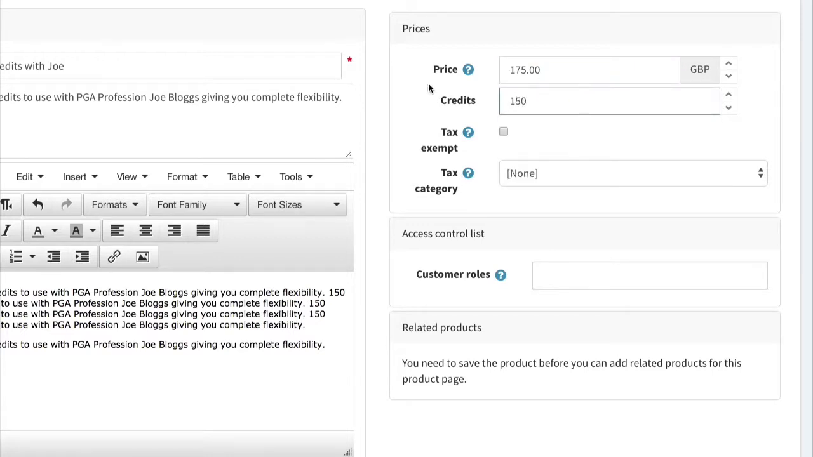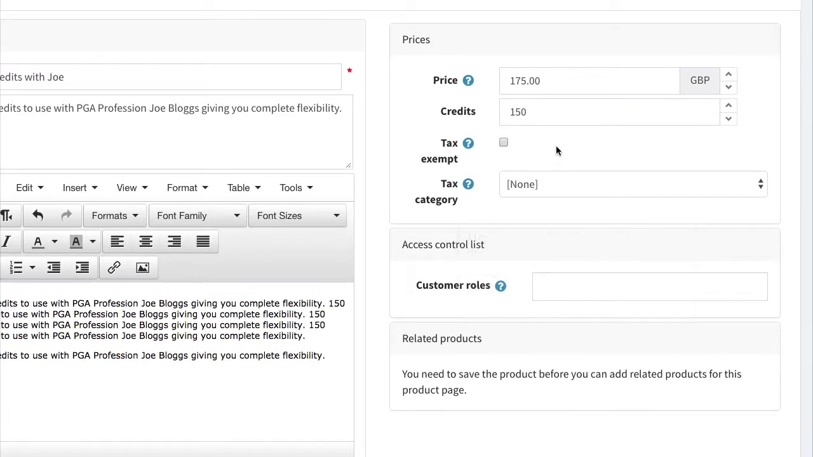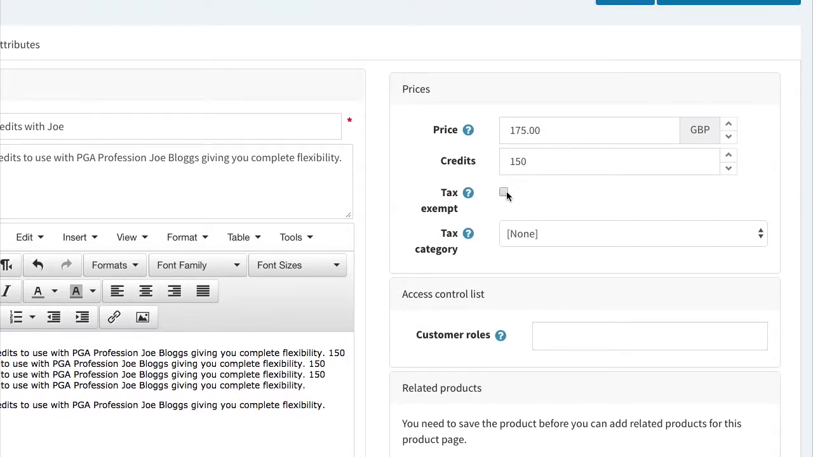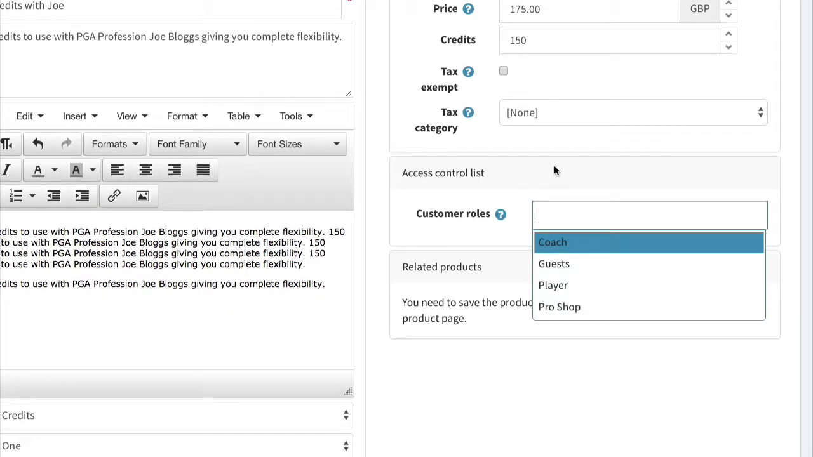So we add the price, and then we're going to add the credit amount. So the credits are 150. So we're selling these 150 credits for £175. But the customer will receive 150 credits into their account. And then we now need to decide whether we're adding VAT, which we're not on this one, so we're going to leave the checkbox blank, leave the tax category, and then we just need to decide on the customer role,